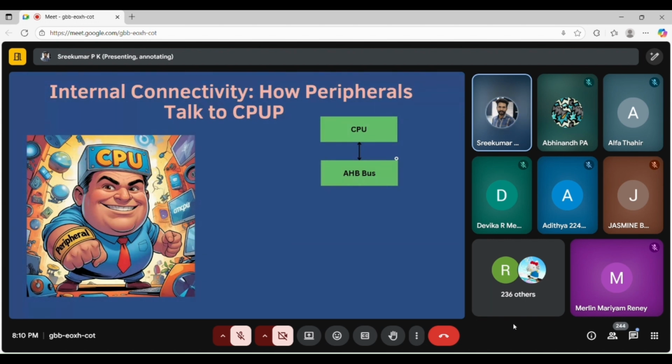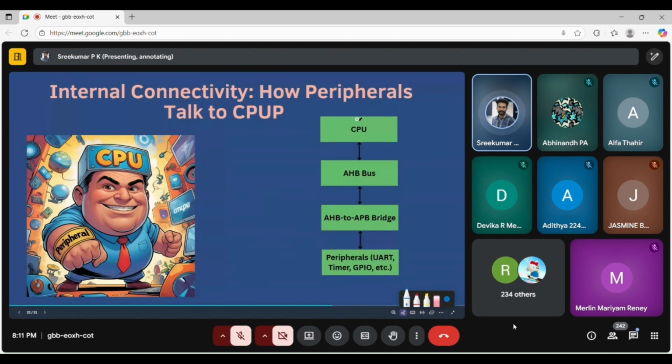The CPU first interacts with the AHB bus, then the AHB bus interacts with the AHB to APB bridge. From the AHB to APB bridge, it is connected to the peripheral. This is how data transfer happens from peripheral to CPU and CPU to peripheral. There is a pathway: CPU, AHB bus, AHB to APB bridge, and peripherals.